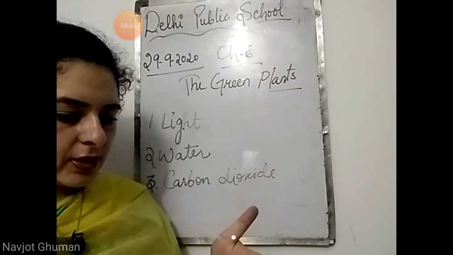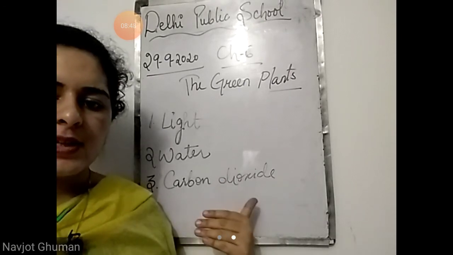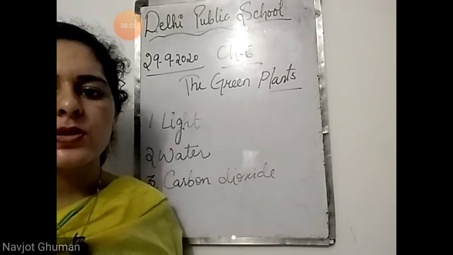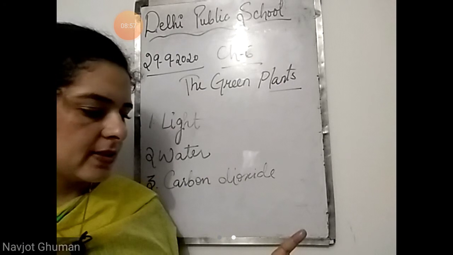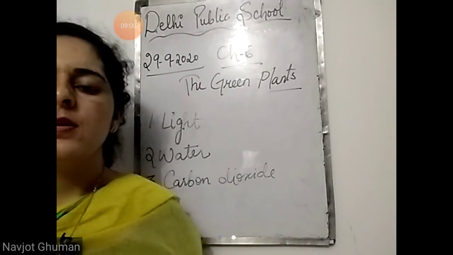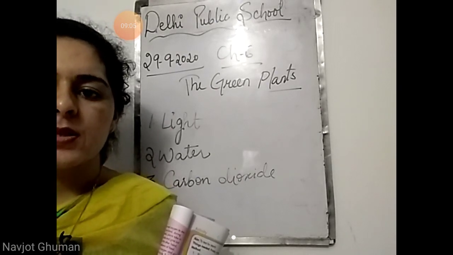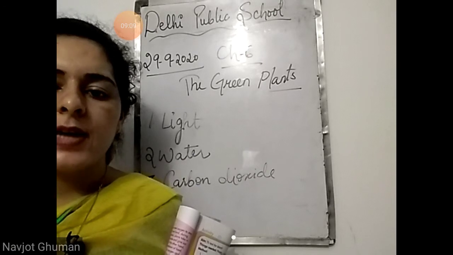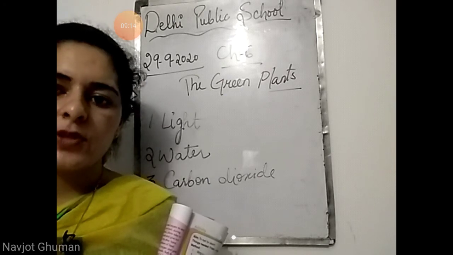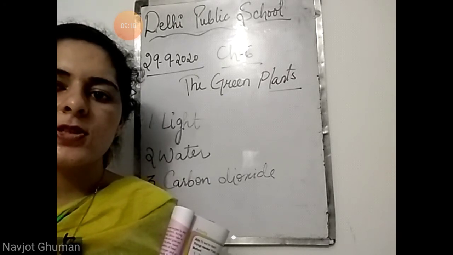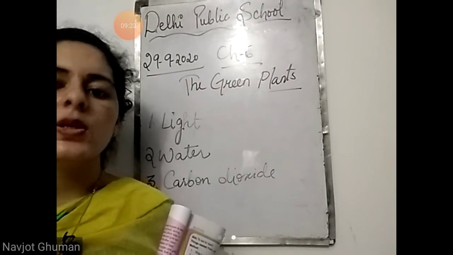Now, they have told the functions of the stomata. We know that they take in air and give out air. They take in carbon dioxide and give out oxygen. That is the first function of stomata. The second function of stomata is they remove water vapor and oxygen after photosynthesis from the plant. You must have seen some water droplets on the leaves. So those water droplets, that water vapor, are coming out through the stomata. And the oxygen that is released after photosynthesis, जो खाना बनाने के बाद जो ऑक्सीजन रिलीज होनी होती है, that is also coming out through the stomata.